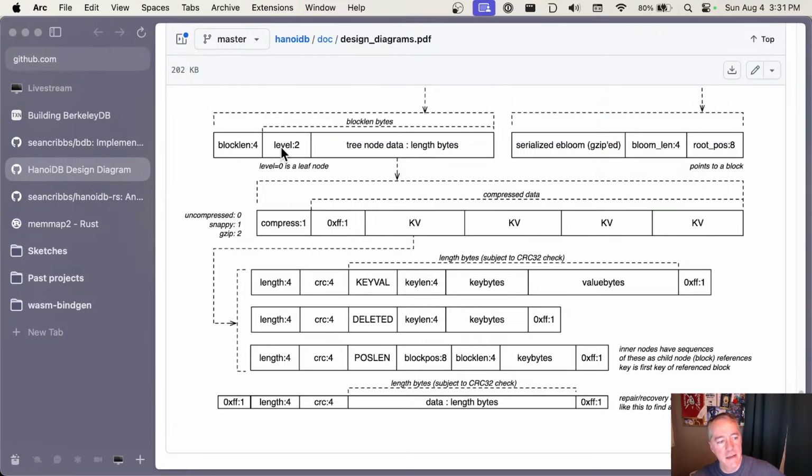We have the block length, we have the level, we have the data, which starts with the compression byte and then a tag byte, and then each entry is followed by a tag byte. So we were doing it the opposite way before. We were like, okay, this tag byte is the beginning of this entry, but we actually need to flip that because it needs to end with the tag